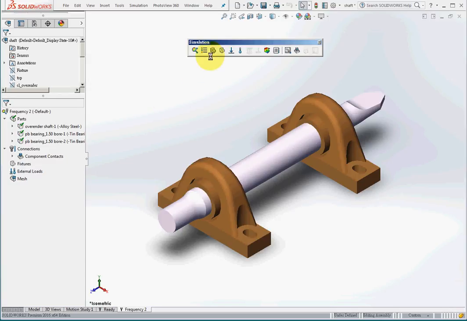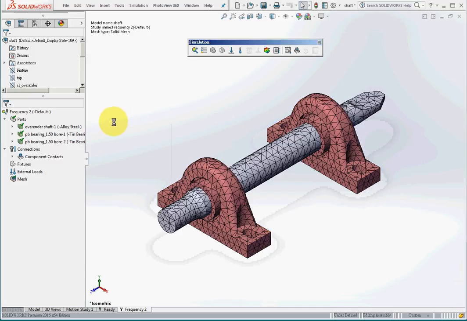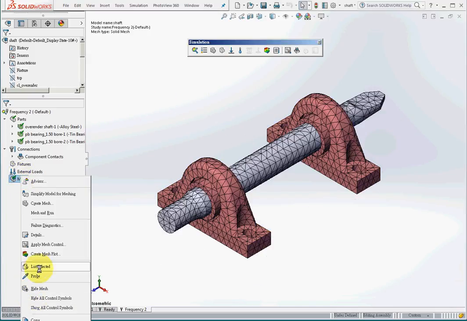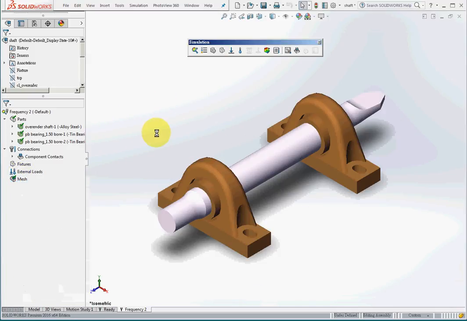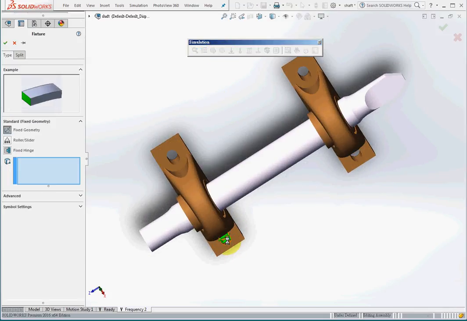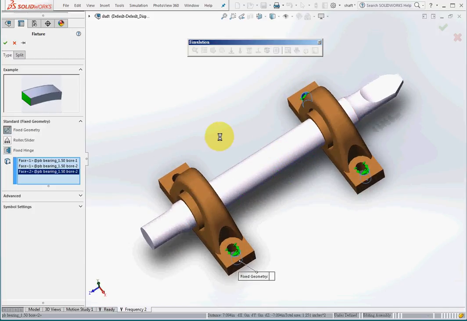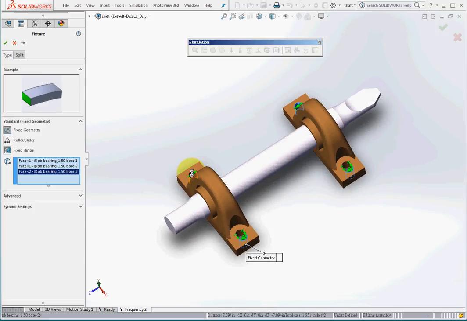For the third step, meshing, I'll mesh the whole assembly and hide the mesh. Step 4, boundary conditions or constraints and loading. And I'll fix these 4 holes by fixing the 4